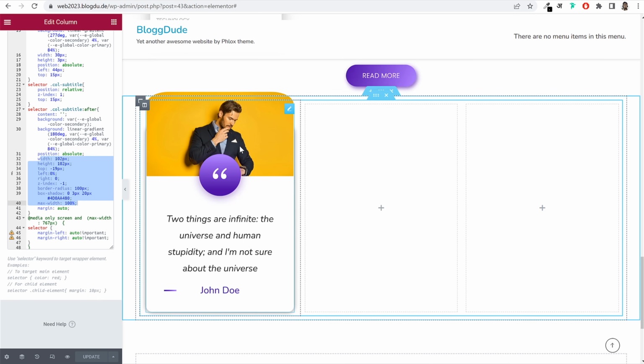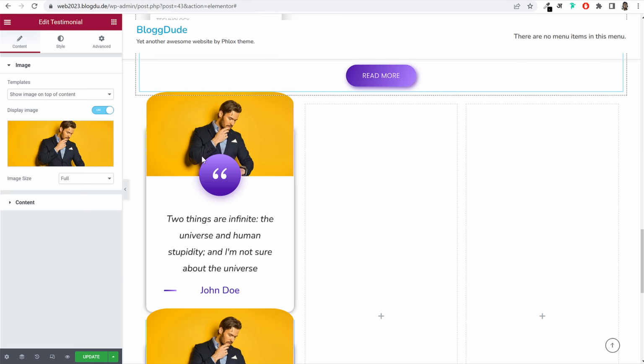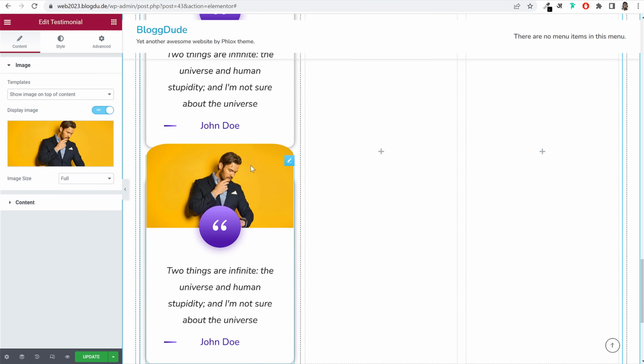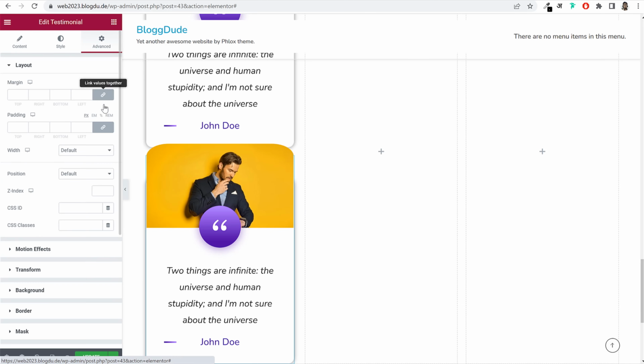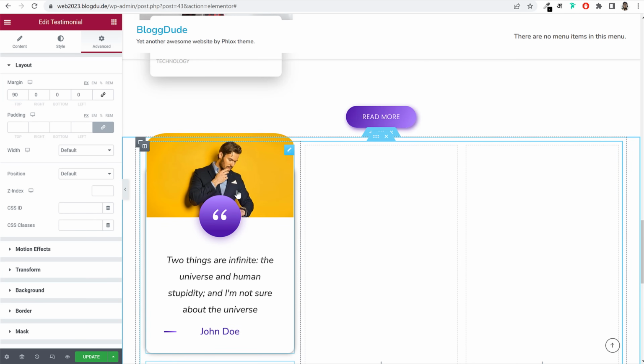Now what I'll do is right click and duplicate, because as you can see we have one more at the bottom. Because we added this negative margin, this can create some problems. So click on the second one, the bottom one, and over here come to this option and select margin 0, and after that for margin top maybe add 90 pixels. Then you can copy this one,